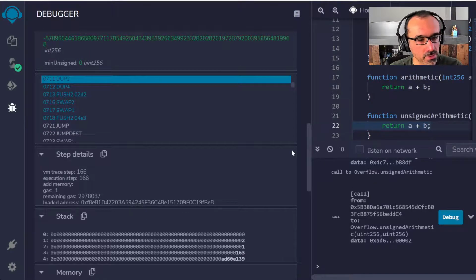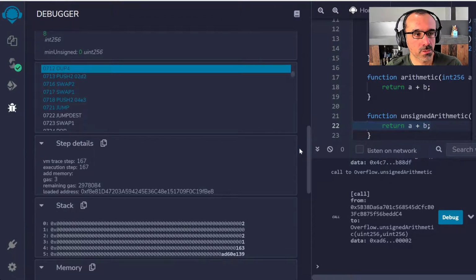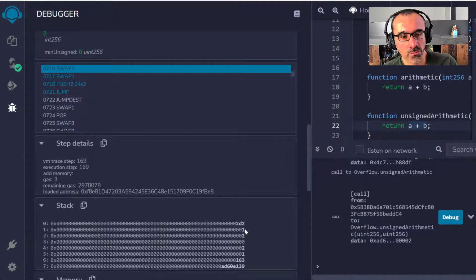Now, you may have already noticed that after the first 2 duplicates, we don't have the add function anymore. Whereas in Solidity version 0.6.10, which I compiled before, right after this duplicate, there was an add function. It's not the case here anymore. Because what's happening here is after these few duplicates, these 2 values are copied over to this function. So now effectively, we have a local copy of those variables. And now Solidity has injected code that will perform the precondition check for us.